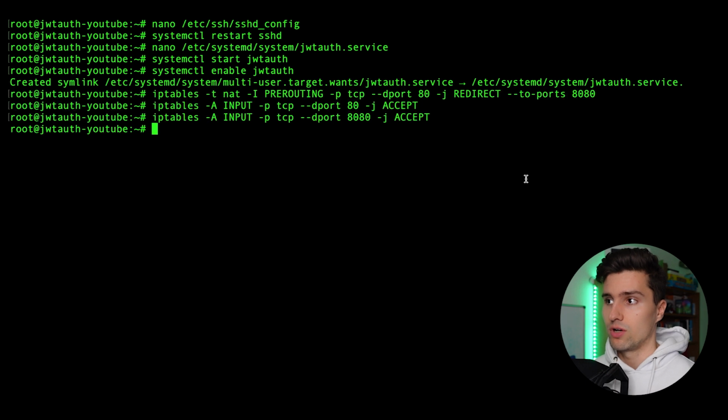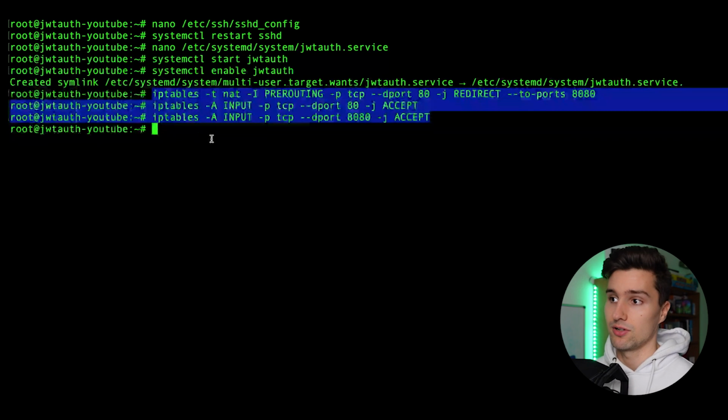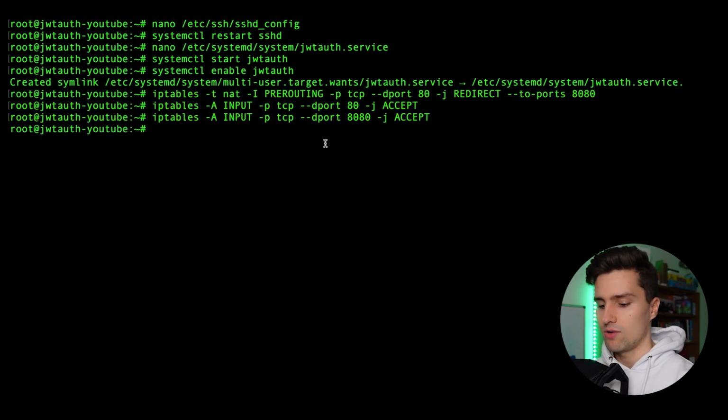These configurations here aren't actually saved. So when we reboot our server, we would actually need to reset these IP tables rules. We don't want that, and that is why we will install something that will actually save these rules. And that is called iptables-persistent. So we can again use apt-get install